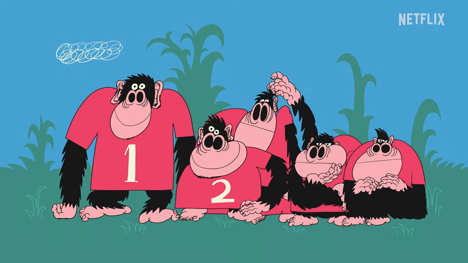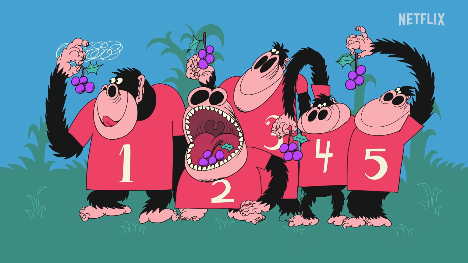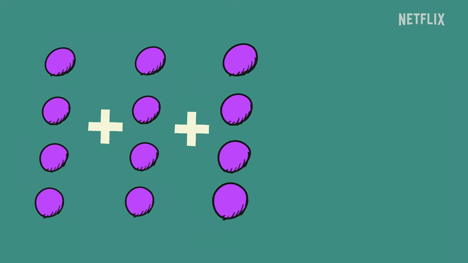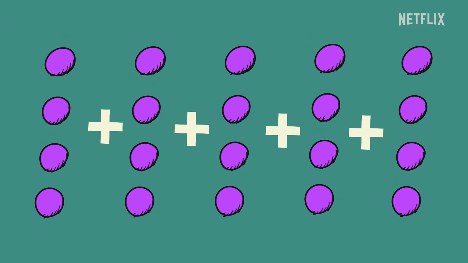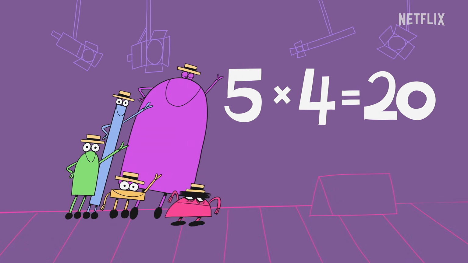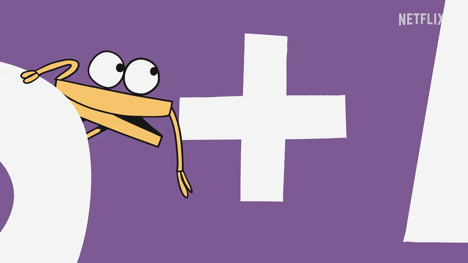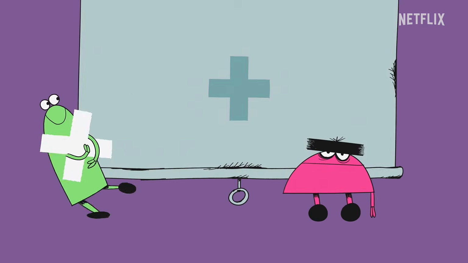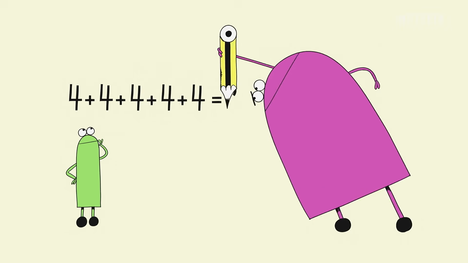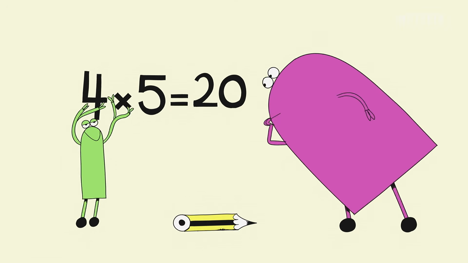When you see 5 happy apes and each one has 4 yummy grapes, how can you tell how many grapes there are in all? You can add up 4 plus 4 plus 4 plus 4 plus 4 like so. The sum is 20 grapes, but there's another way to go. You can use multiplication, it's a different way to add. What a handy calculation. When you learn it, you'll be glad. And so it's 5 times 4, you still get 20. Instead of adding repeatedly, you multiply.